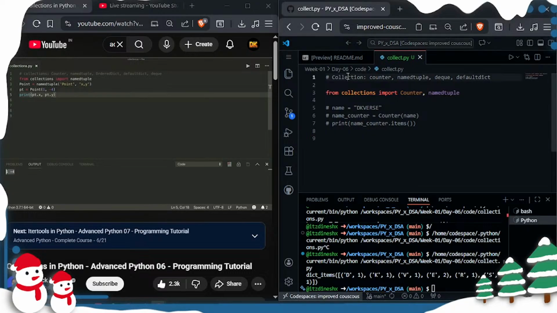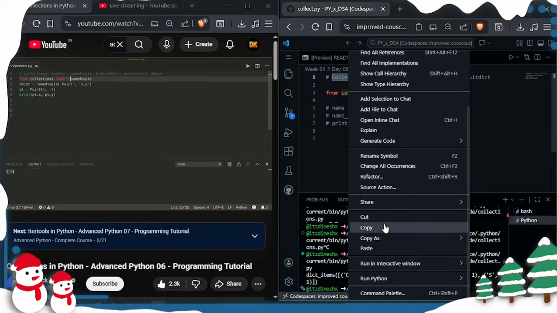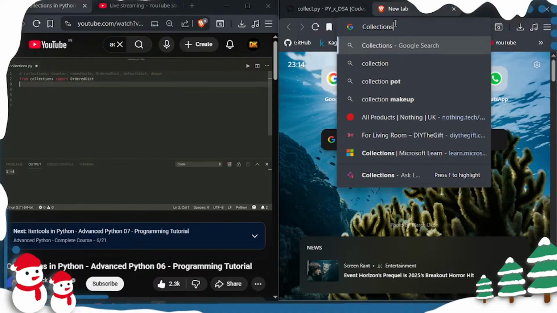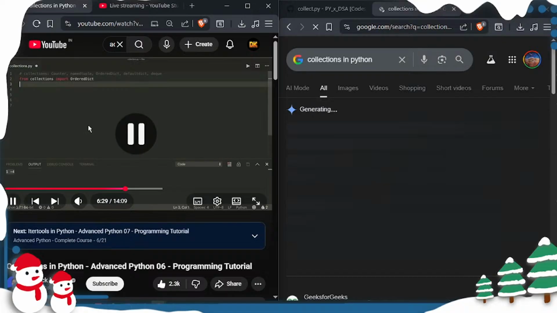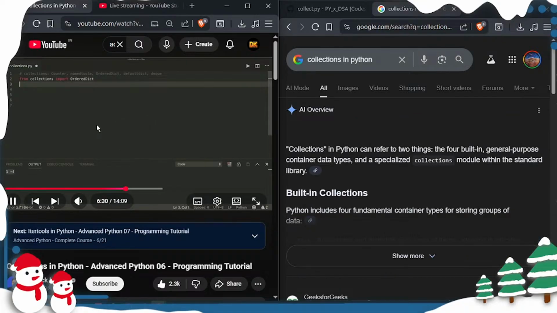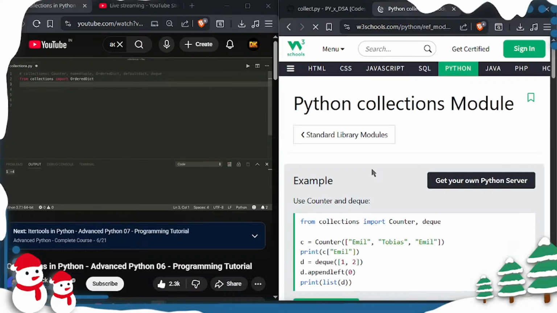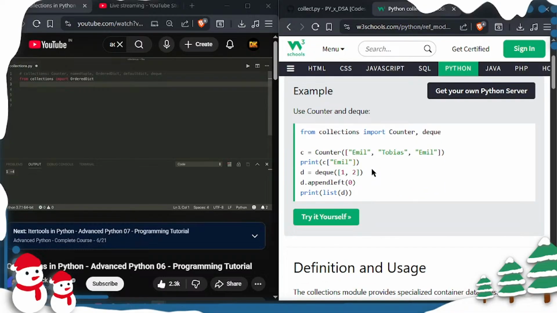Next is the ordered dictionary. So from collections import OrderedDict. And the OrderedDict is just like a regular dictionary, but they remember the order that the items were inserted. So they have become less important now, since the built-in dictionary class has also the ability to remember the order,